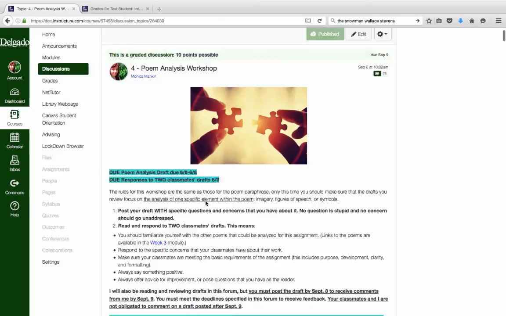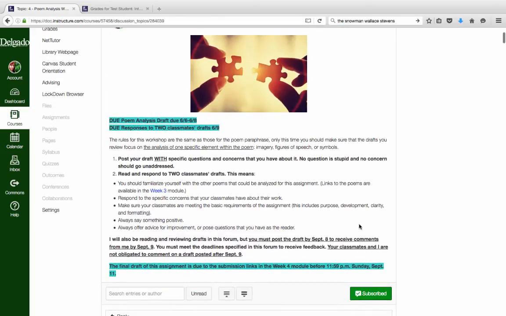And then as a final reminder regarding the forums themselves, especially the workshop forum, I've taken care to post some detailed instructions here about how to respond to each other. So you should be doing that. And most of you are saying something positive, but a one sentence, yeah, your analysis is great, isn't really constructive feedback. It doesn't really help a student improve upon the draft that he or she has submitted.